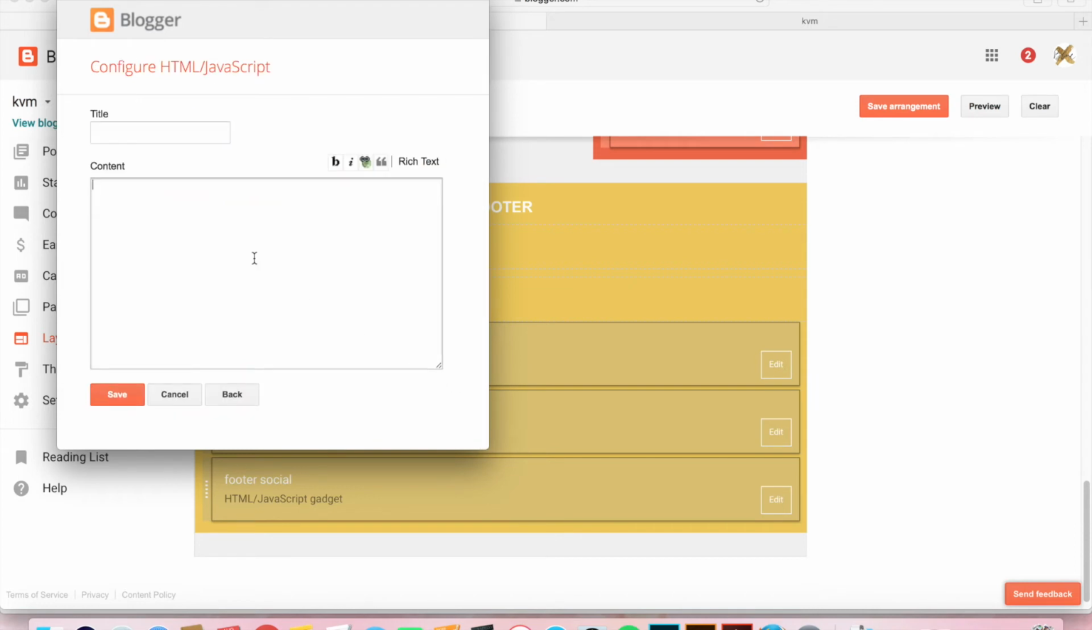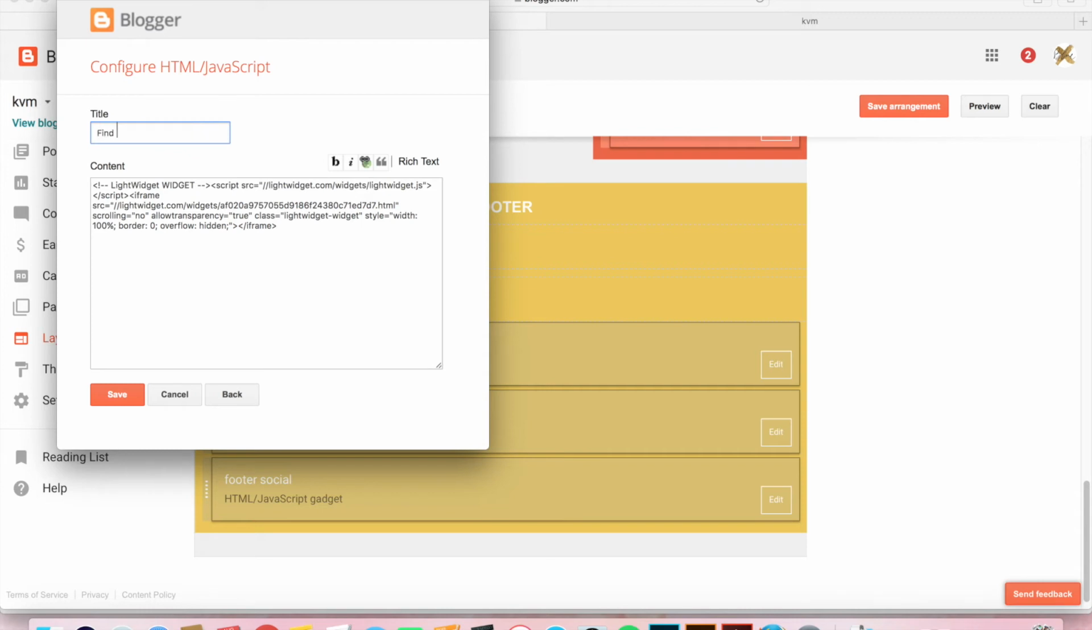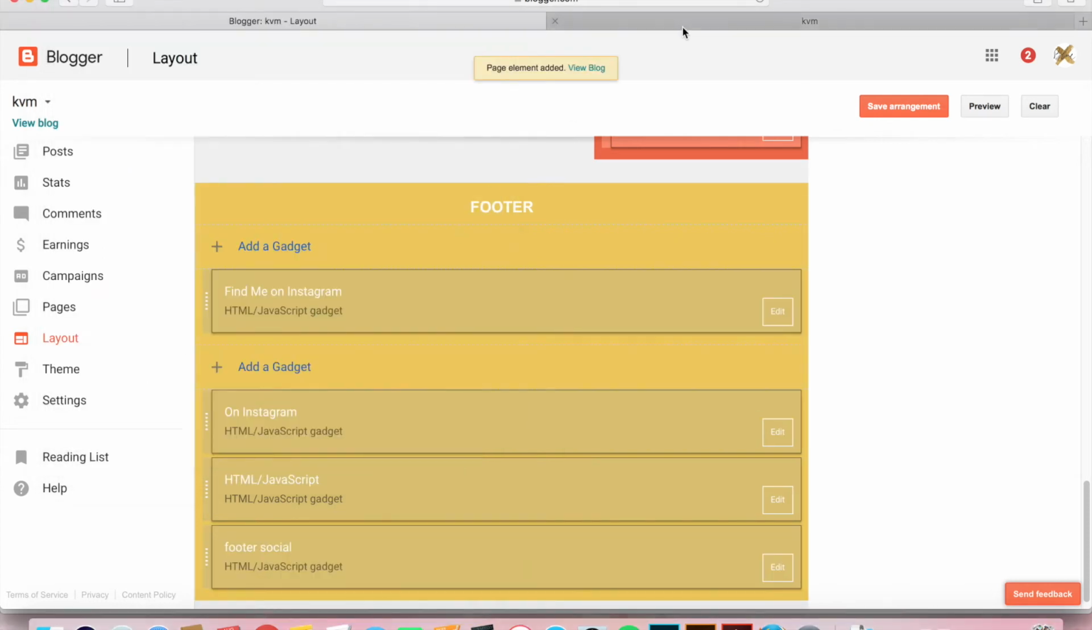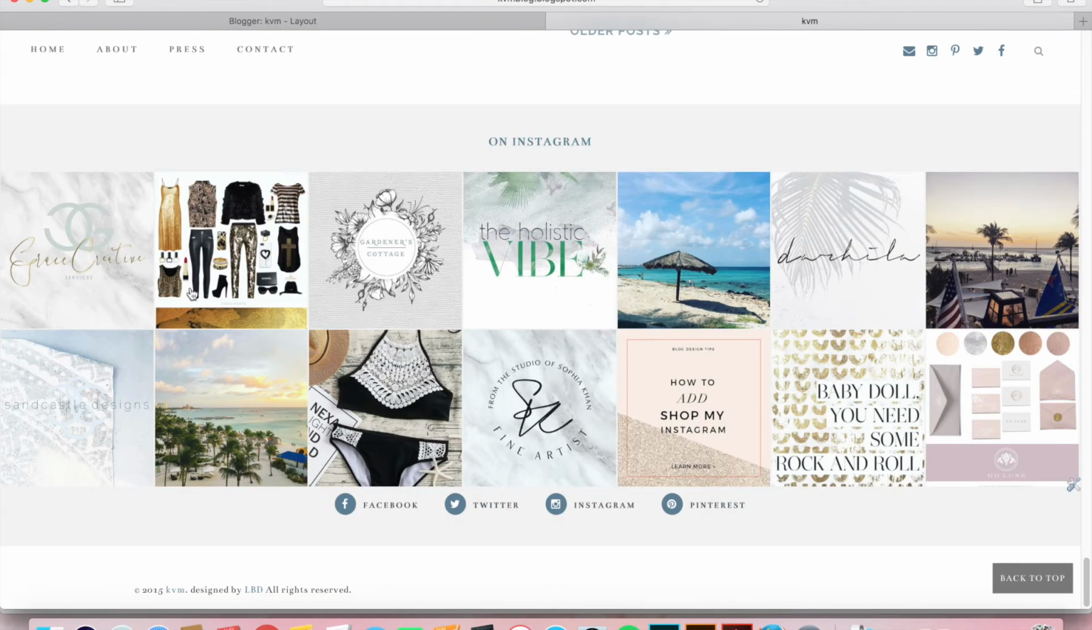All you have to do is now Command or Control V to paste the code into the widget. And if you want to give it a title, like Find Me on Instagram, you can do that, or you can leave it blank. And all you have to do is save it. And now you can come over to your live blog and you will have a beautiful Instagram